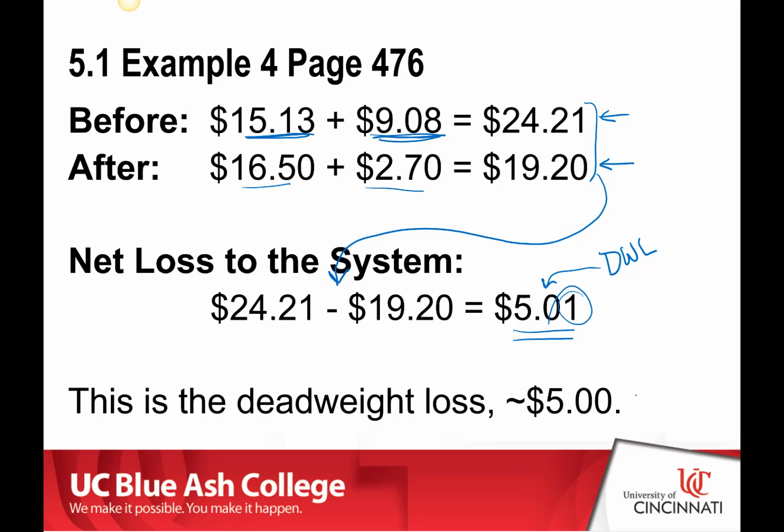Remember when we did that, and we mentioned that there would be an extra penny come into play? That additional rounding results in this extra penny showing up, which gives us $5.01 of deadweight loss, whereas in reality, it's $5. Am I going to be worried about 1 cent on a deadweight loss? Not at all. But what I want you to realize is deadweight loss is the total amount of money